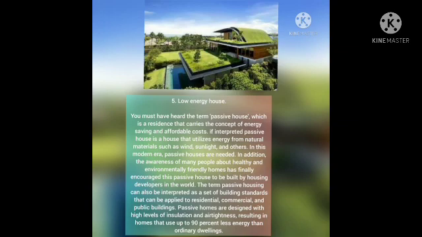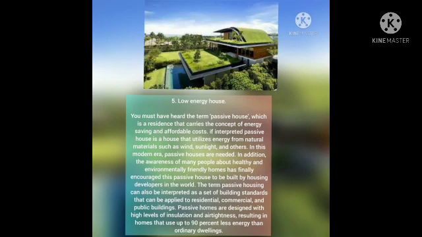In this modern era, passive houses are needed. In addition, the awareness of many people about healthy and environmentally friendly homes has finally encouraged passive houses to be built by housing developers in the world.